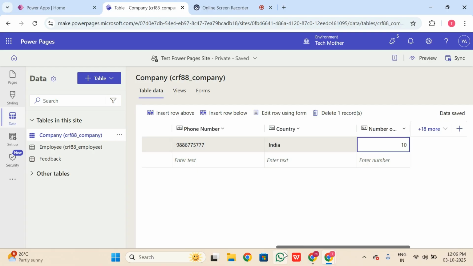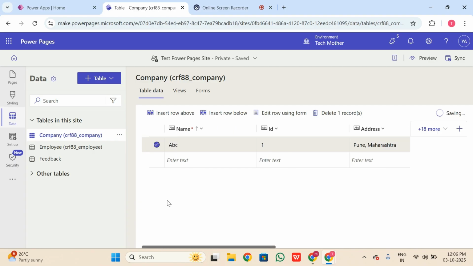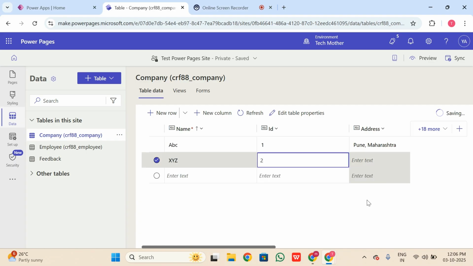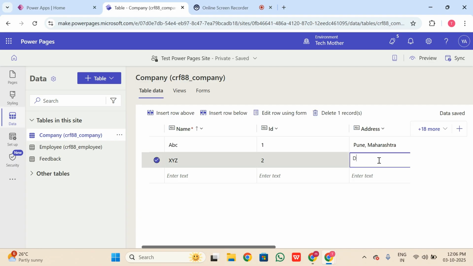Again I will add a second row in this table. XYZ, ID should be 2. Address Delhi, state should be Delhi.